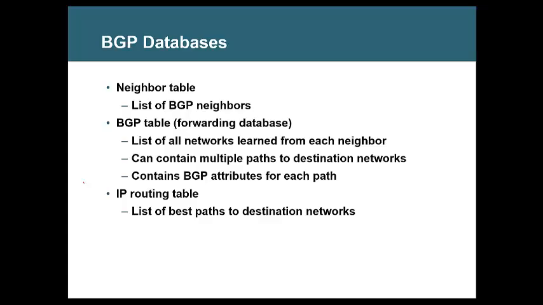BGP also maintains a neighbor table like EIGRP and OSPF. The command is show ip bgp neighbor. There is also another command, show ip bgp summary. That will also show you the neighbors. The first will be too detailed. The summary will be, as the word says, summarized in a small table form.